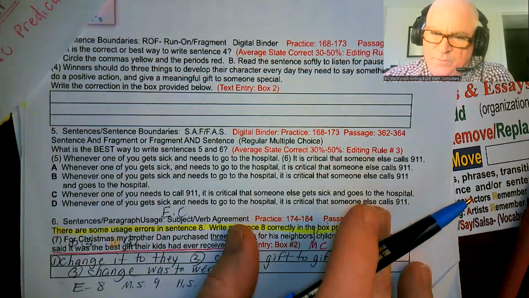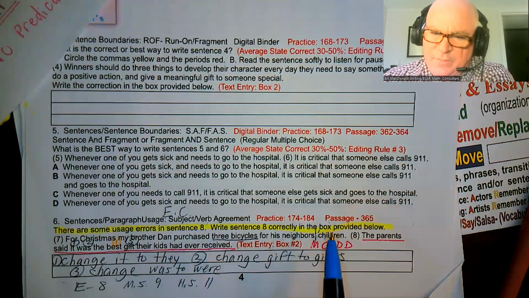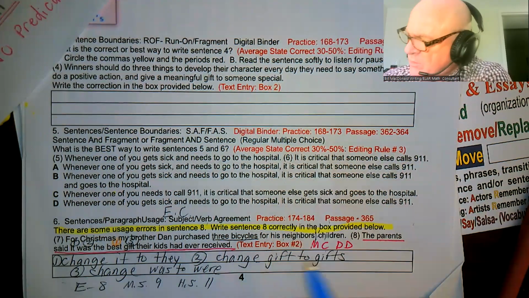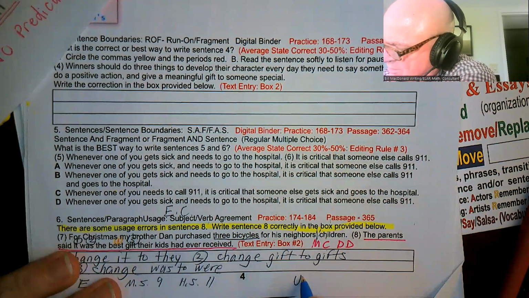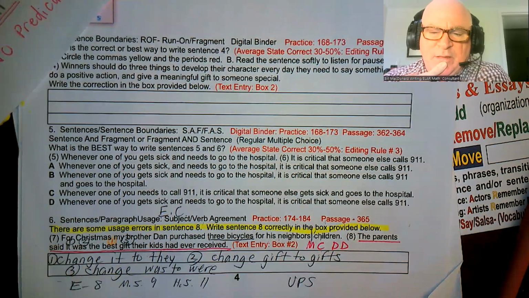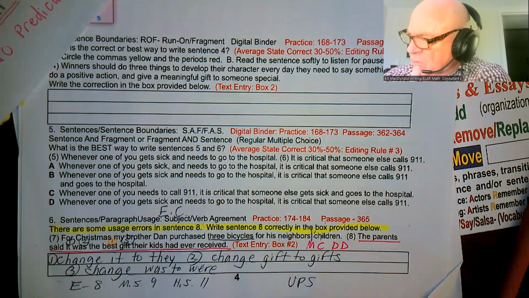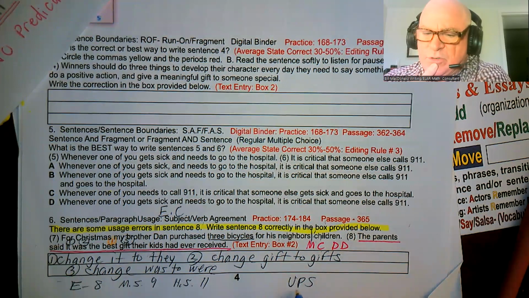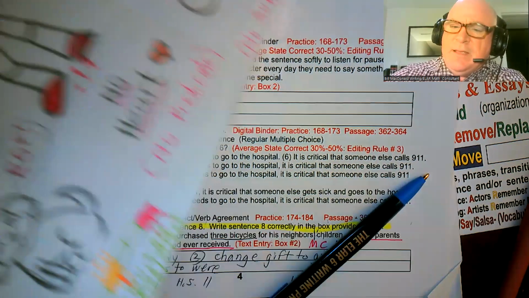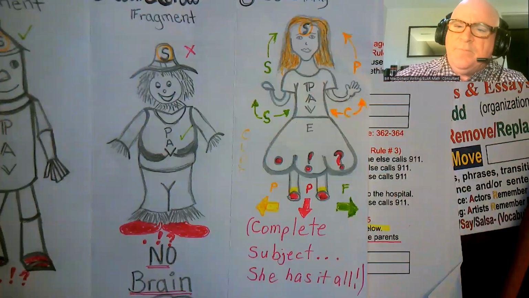365. So keep in mind that usage, punctuation, and sentence boundary are the three types of editing questions that students struggle with the most. And UPS delivers packages, but based on the results every year, it seems like